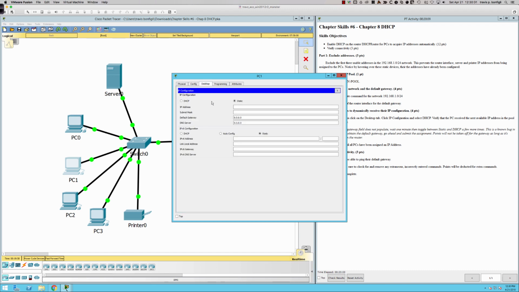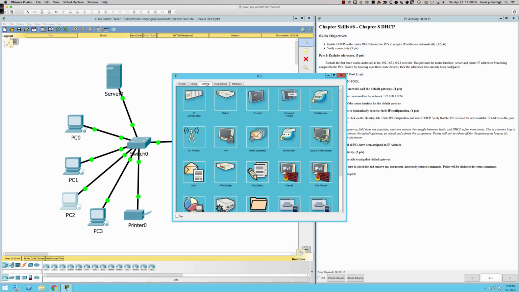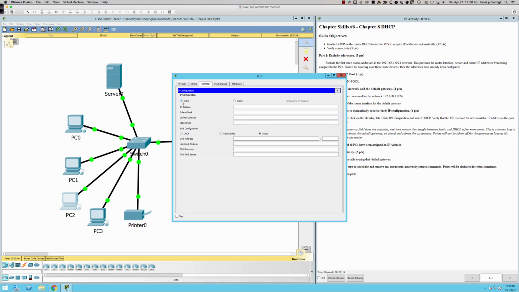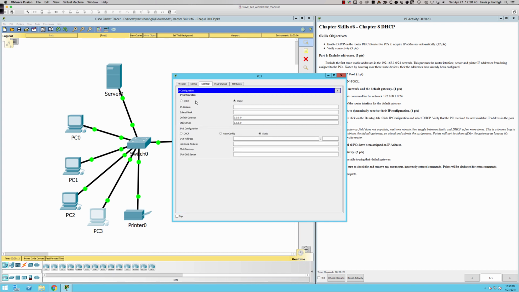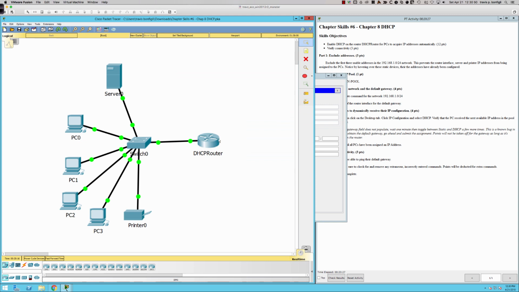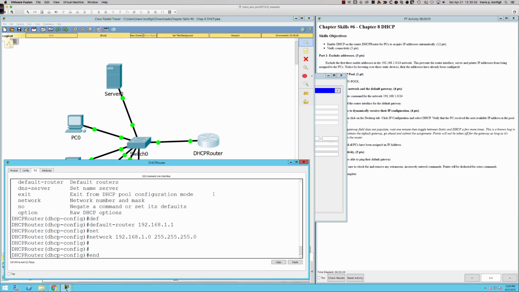going to make it happen anyway. We'll come to DHCP, should be .5. It is, no default gateway. PC2, come over here, DHCP should be .6, and it is, no default gateway, and PC3, .7, and it is. So I should be able to come to the router, and let's go in, and let's